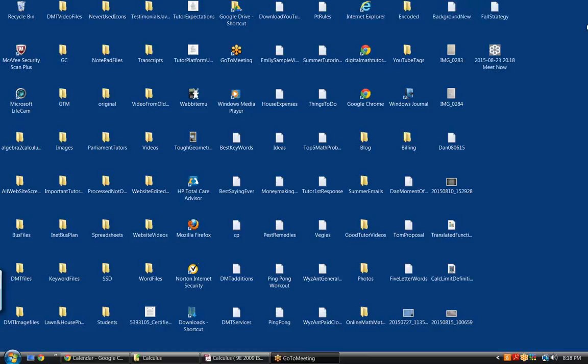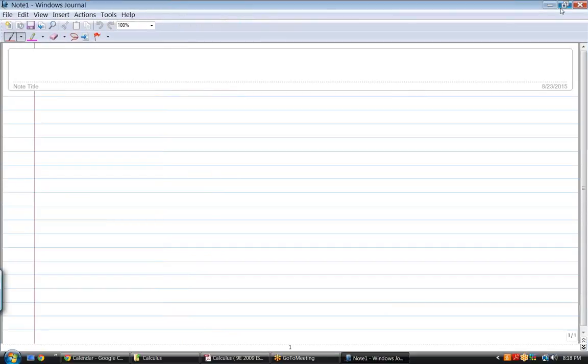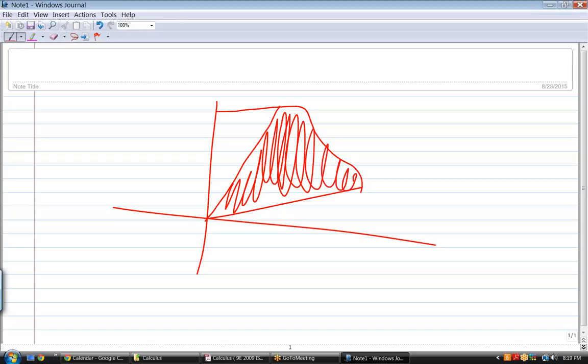Polar equations. Okay. Various things that we can do when we have polar equations. First of all, let's just review. If we want the area of that curve,